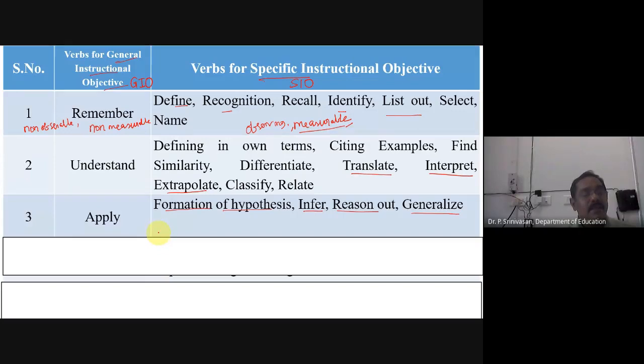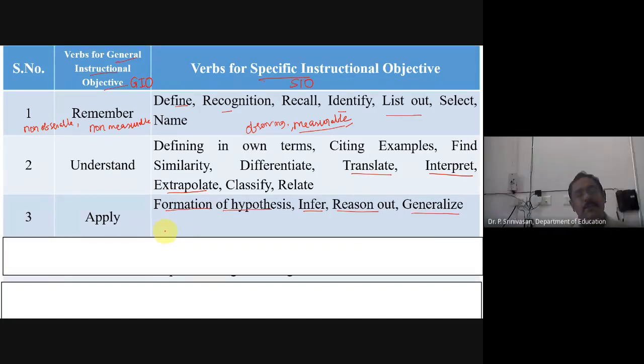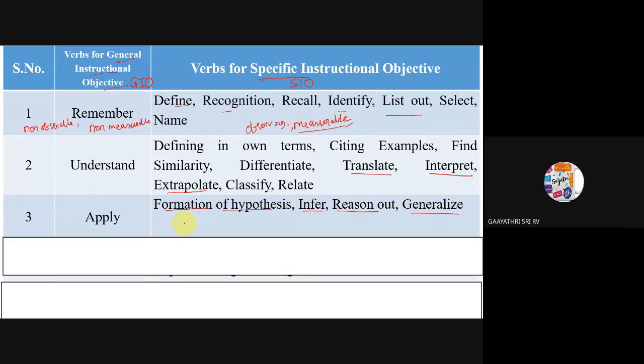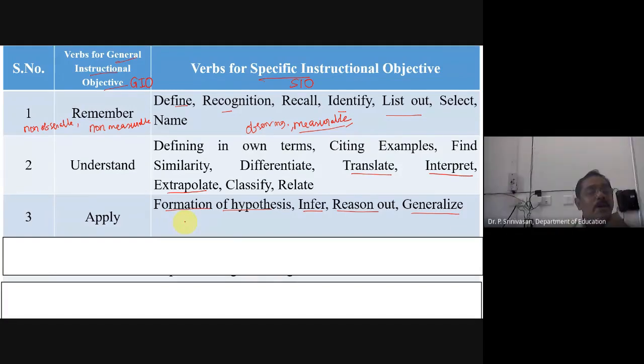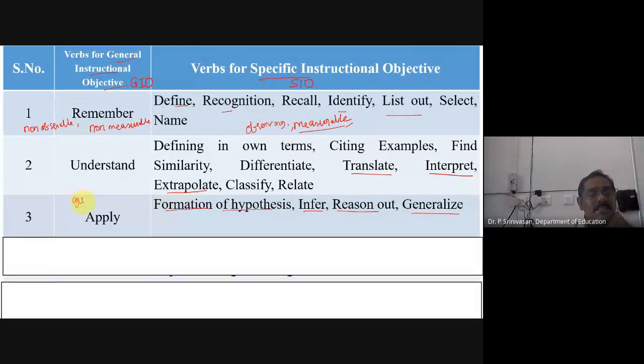Shaker, any idea about hypothesis? Yes, sir. What is hypothesis? Means thinking. What you do is thinking. Now you are thinking what to tell about hypothesis. Okay, it is a guess, thinking on a particular topic. Prediction, sir. Prediction is a little bit difficult. It is different. Hypothesis is a guess.